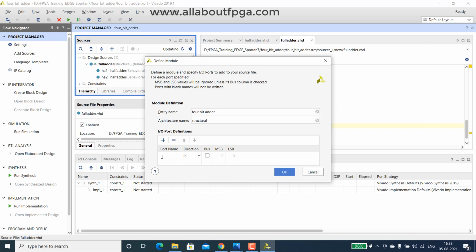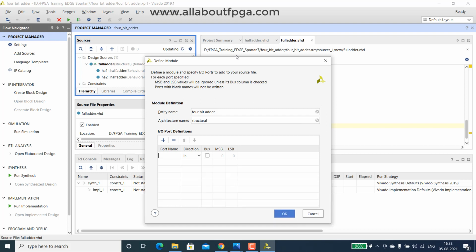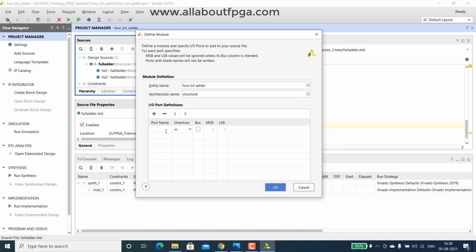So here we have to declare. The difference between the previous half adder and full adder code and this one is that this is of 4-bit range, that is 0 to 3. To do that, we have to declare A as an input with a bus range of 0 to 3, B as an input again with a bus range of 0 to 3, and Cin as an input.